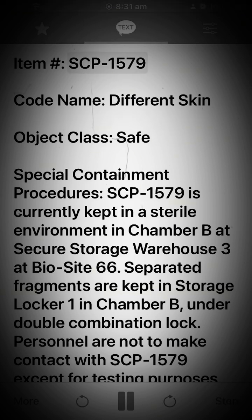Item: SCP-1579. Code name: Different Skin. Object Class: Safe. Special Containment Procedures: